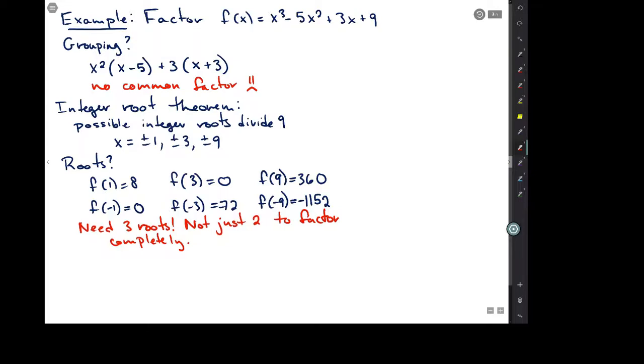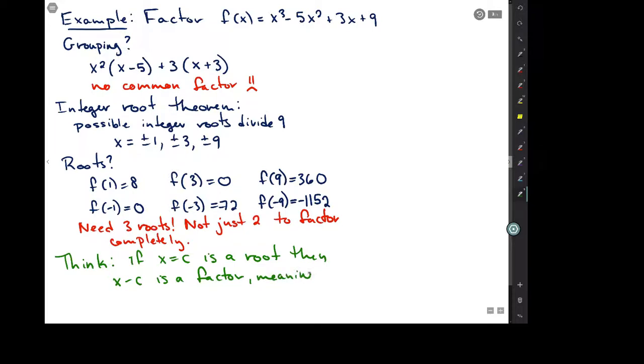So what I need to think about now is, if x equals c is a root, then x minus c is a factor. So meaning that f of x is equal to x minus c times something, i.e., if I take f of x and I divide it by x minus c, I'm just going to get